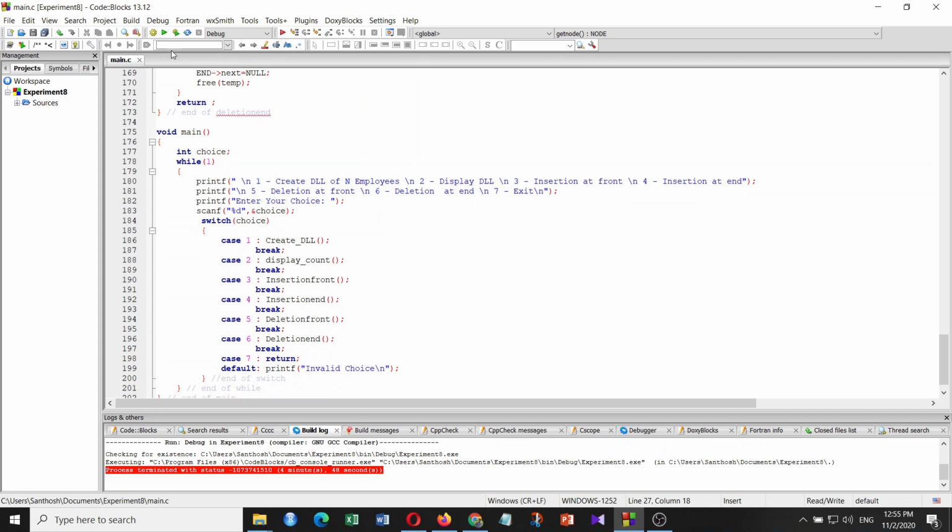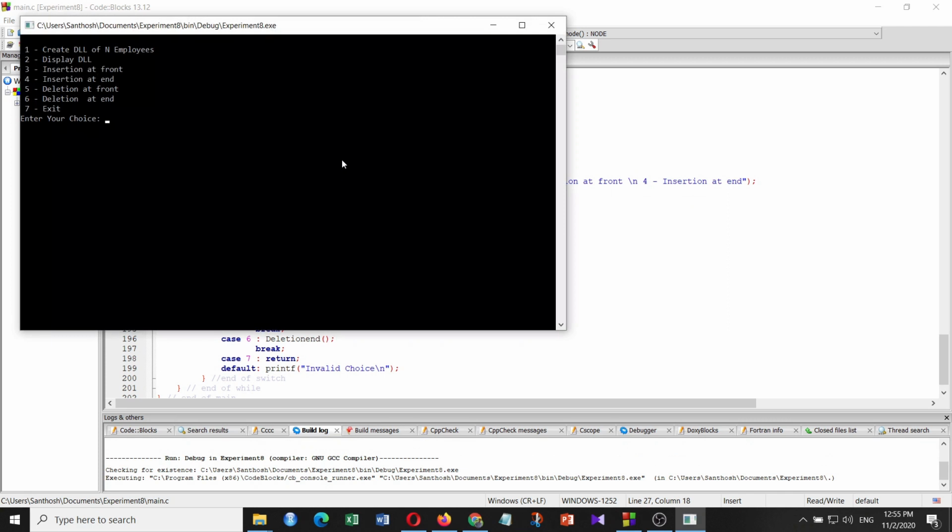All this code we have discussed in the slides. Let's see how it works. First, it is asking for choices. There are 7 choices. First, I'll go with the first choice. It's asking for n, the number of employees. I'll give 2 employees. It's asking for SSN. I'll give it in the same standard. I'm giving a name, department, designation as assistant professor, phone number, and some salary.